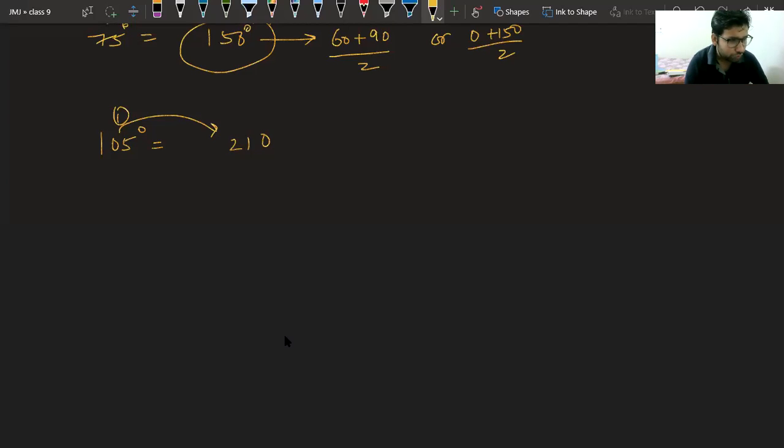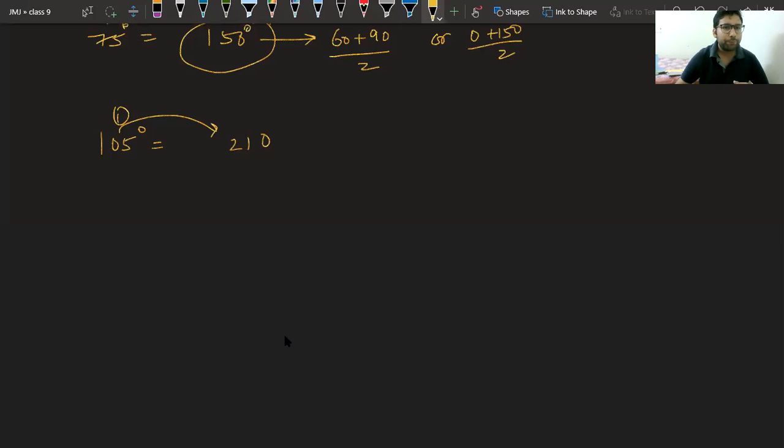So to make angles, we are adding and dividing by 2. Can't we subtract also? No, that will be difficult for you. Addition is okay, but subtraction is not fine for you, so don't go for that, because we are trying to make things using a compass. We already have a protractor with us and don't need all this, but we are trying because we need to learn something extra.